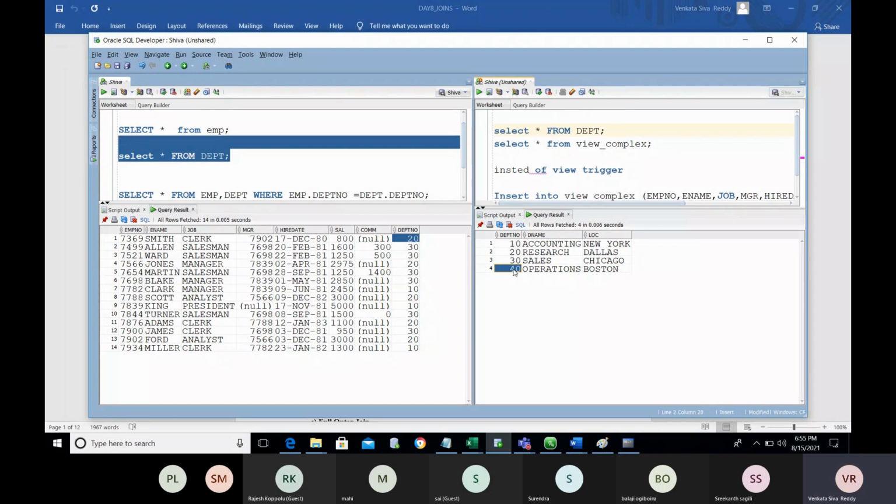Now you will get the data like 7369 Smith 20 Research Dallas, and again it will show 7369 with Operations Boston. Got it? You will get the data like that. So if you have the common column n number of times, the output will display n number of times.